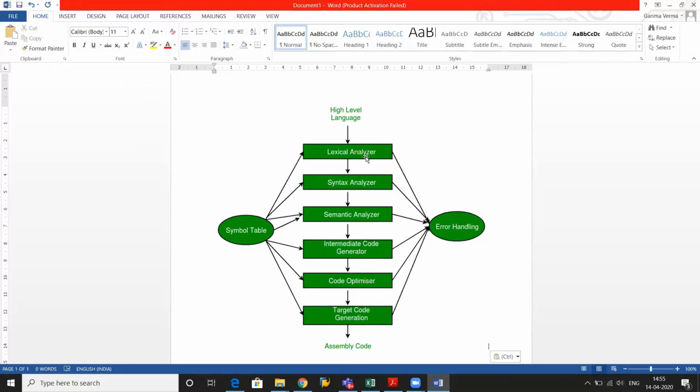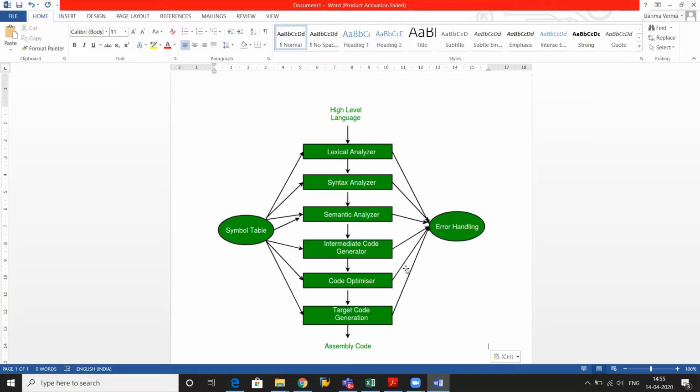meaning of the syntaxes using a type checking module and syntax definition. Then we have intermediate code generation, through which we generate the 3 address code of the high level language program. Basically, the purpose of intermediate code generation is to convert the high level language code into the 3 address code, that is the small code, where we will use maximum 3 operands in the expression, so that we can easily convert this particular code into the machine level language, or we can say low level language,